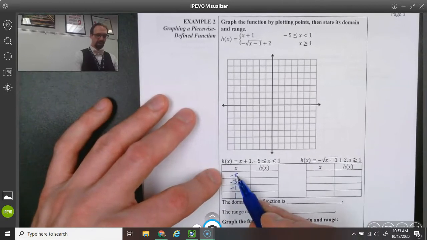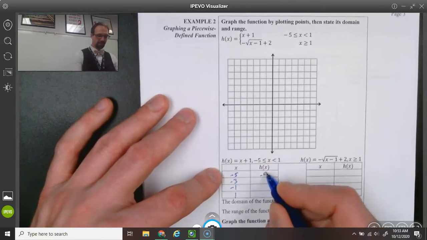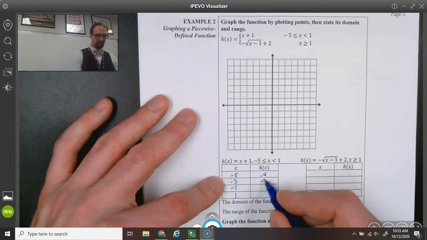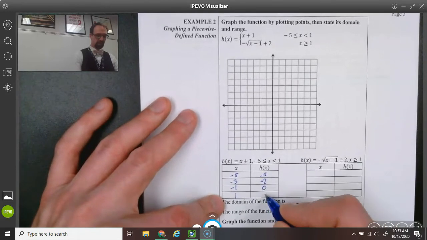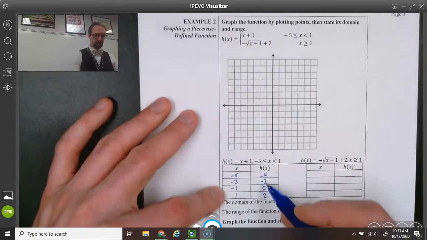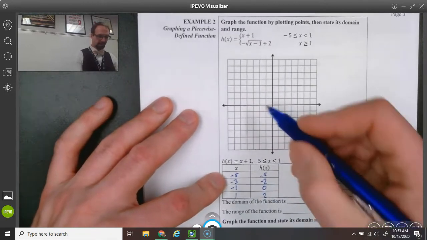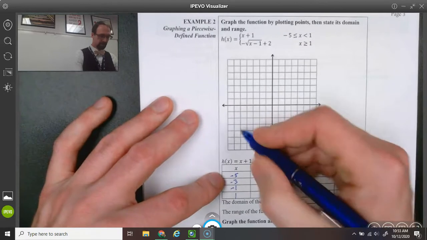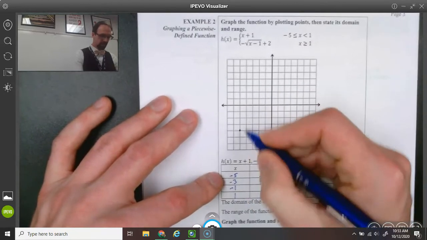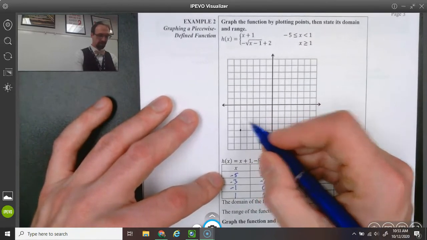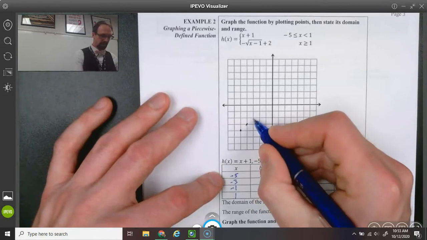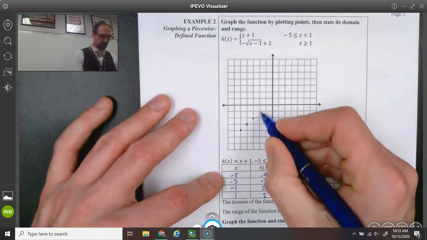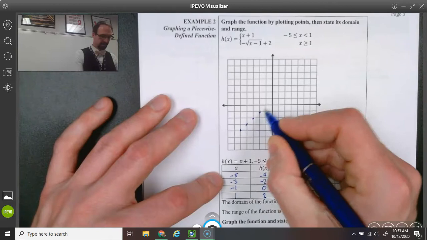When I plug that in, -5 plus 1 is -4. Plus 1 is -2, 0, and then 2. So these values, -5, -4, 1, 2, 3, 4, 5. I know that this is going to be a line, and I know the slope is positive 1. So I'm going all the way until I get to,